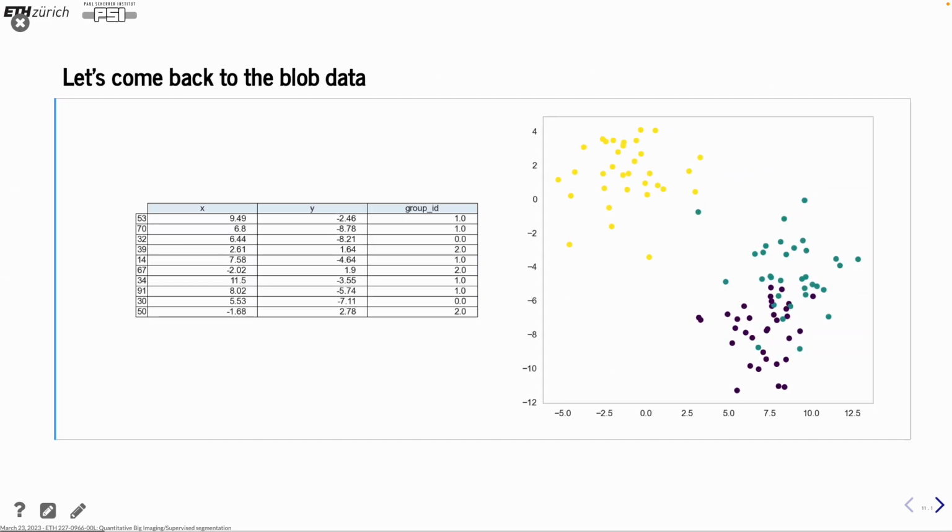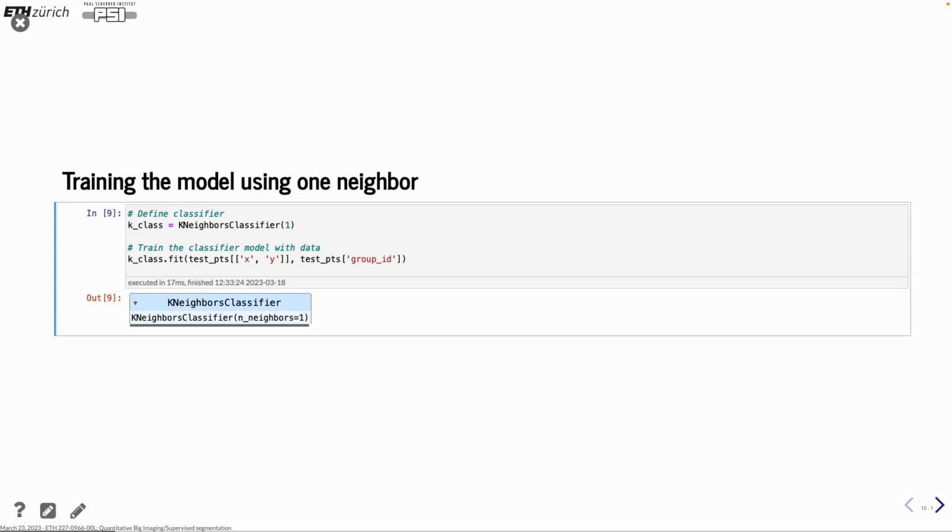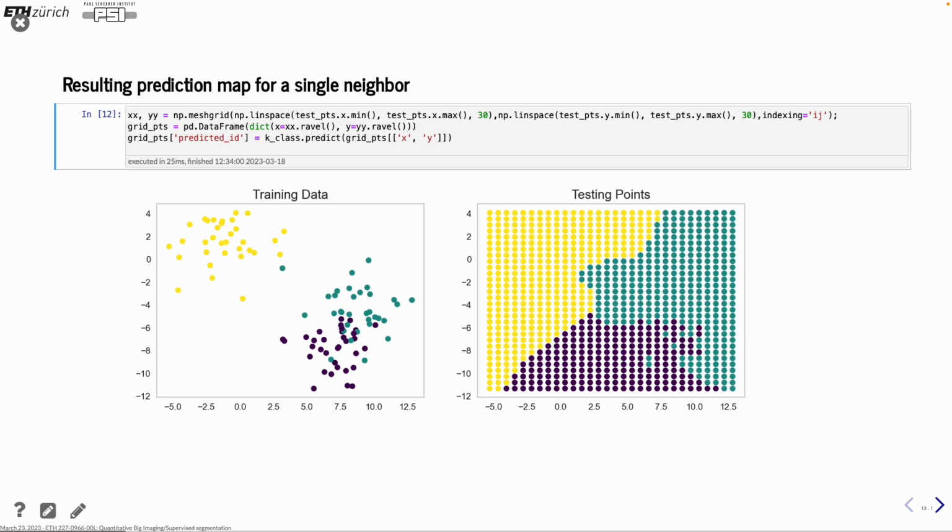And let's go back now to the blob data. We train it with these three classes. It's different classes, and here is really an outlier that could be confusing at some point if you have only one neighbor. So let's try the regression and do the training with this point data. So here we say we identify a nearest neighbor classifier with one neighbor and see what happens. Do the fitting, and then we run it. And from that you get